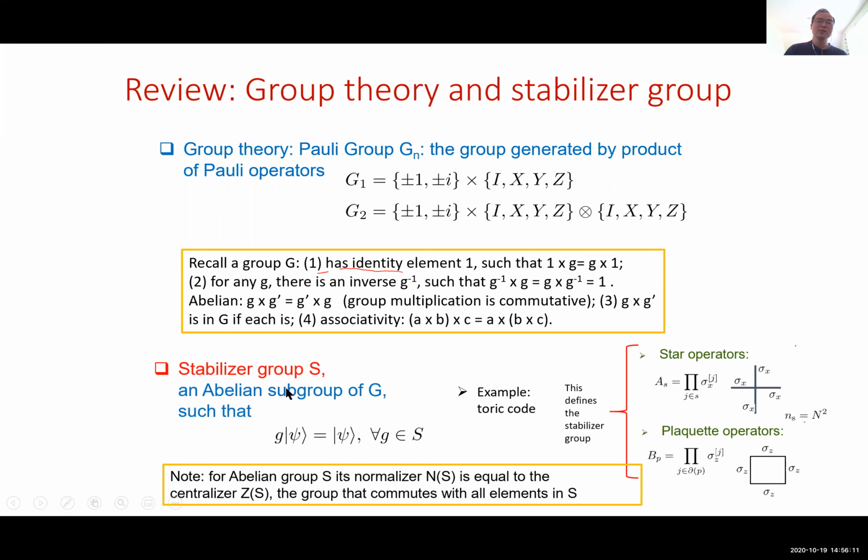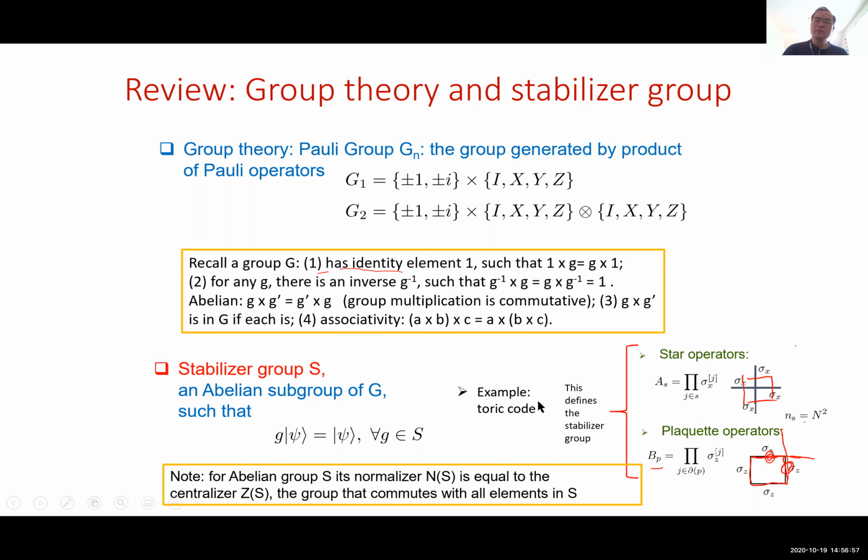An example of a stabilizer group is the toric code. In the toric code, you have a two-dimensional lattice, with qubits on the edges, and we have defined two types of operator. One is the star operator, the product of X on edges crossed by the dual loop. The B operator is the product of Z on the plaquette. And you can see that these commute, because if you have a star operator here, they overlap twice. So these are elements that commute,